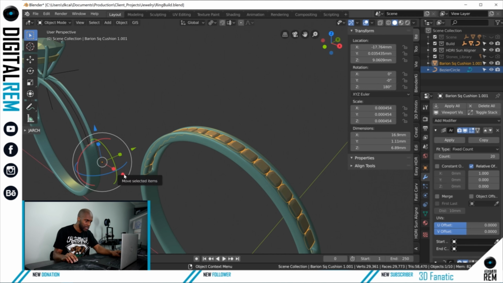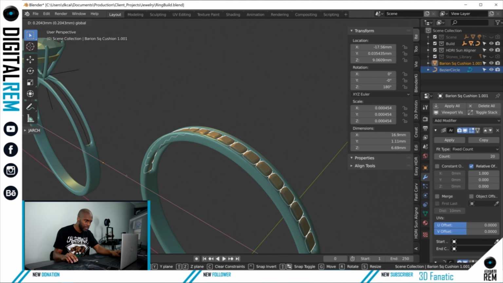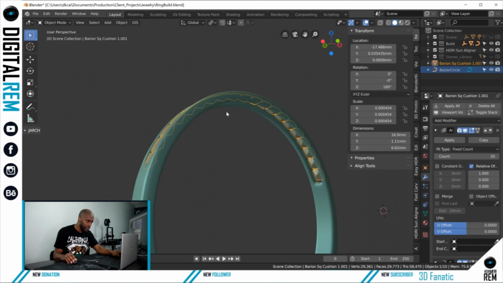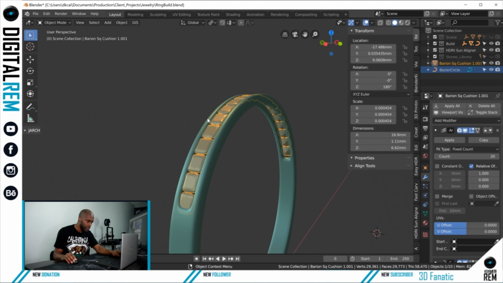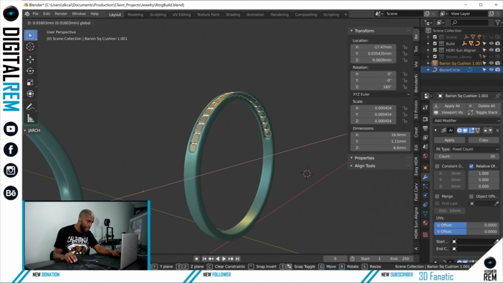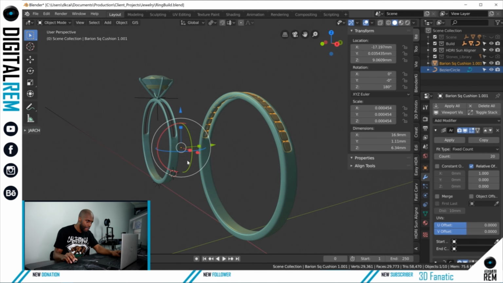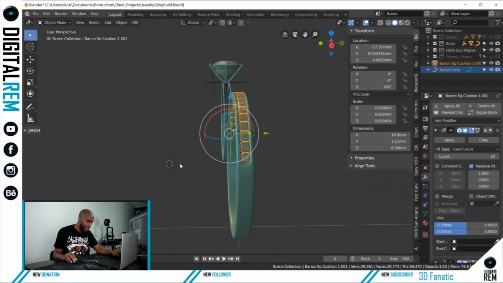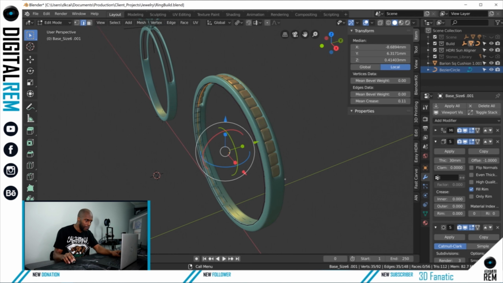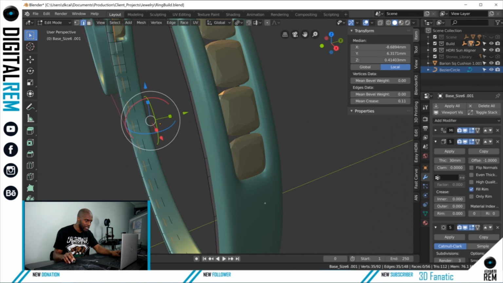Then we'll translate this to move it like that. And you can pretty much just tweak it until you get it to where you want, and